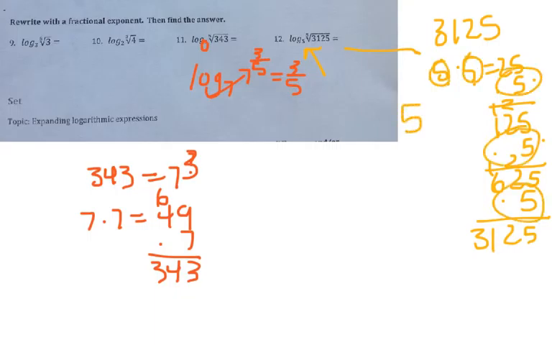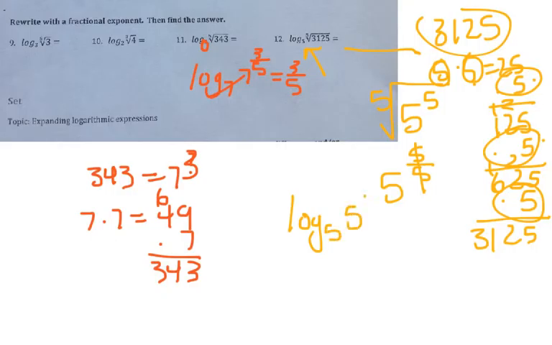So it's 5 to the 5th power is what that is. And we're taking the 5th root of it. So that'd be 5 to the 5/5, or just 1. So we've got log base 5 of 5 to the 1 equals